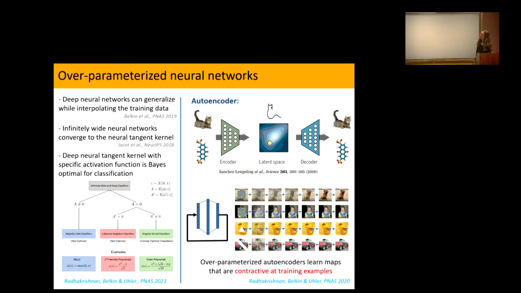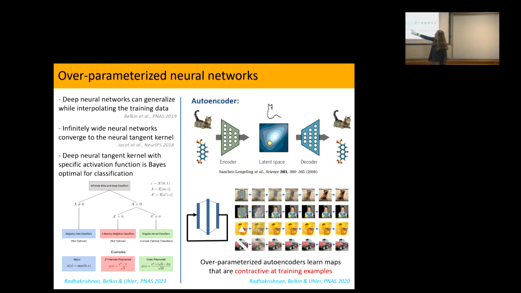So this still kind of suggests, now we have to ask, what does overparameterization mean in the representation learning setting? So we use autoencoders just because by now we have a pretty good understanding of what these models actually learn. And so this is your standard autoencoder, right, with a neural network used to go to this latent space, which is standardly a bottleneck, and then back to your original space.